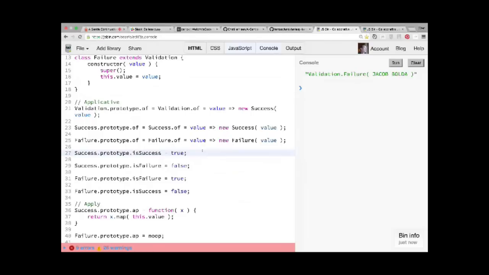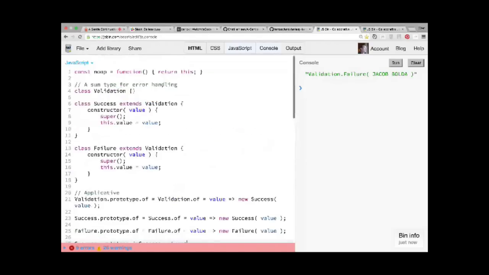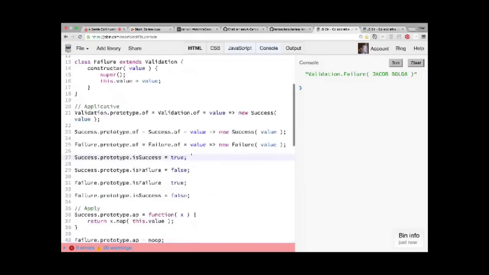It doesn't matter, because we're going to be dealing with polymorphism here, because we've got subclasses and we're passing around a parent type, and that's good because that's what we want to think in terms of: I've got a validation. I don't know if it's a success or a failure, but I can hit it, and if it is a success, it's going to say, yes, I am. If it's a failure,